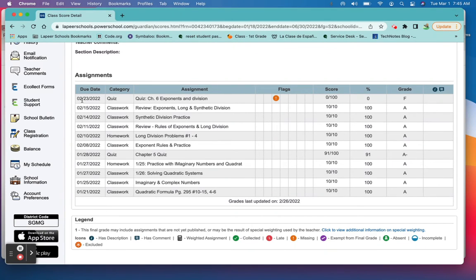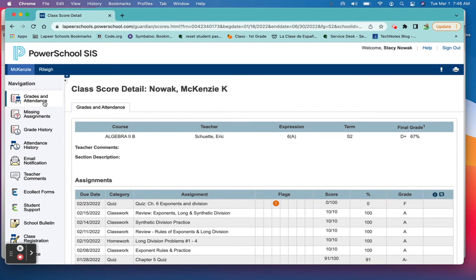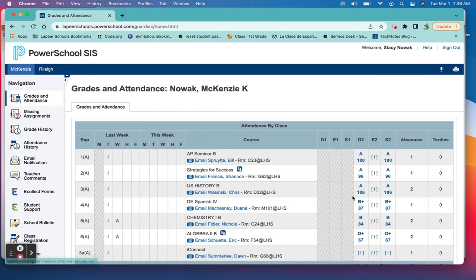When I look over here at the date, I can see that it was on February 23rd. It was a quiz for Chapter 6 exponents. I may want to go back and talk to my daughter about why she's missing that. But in thinking about her attendance, I think she was actually gone on that day, so that could be why she's missing it. So I'm going to go ahead back to grades and attendance,